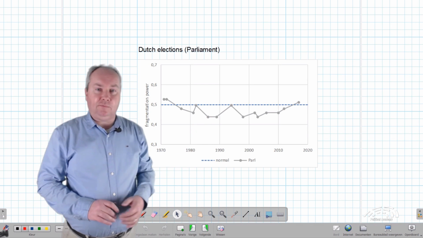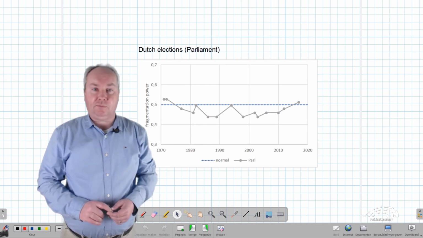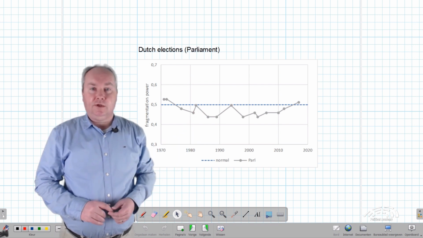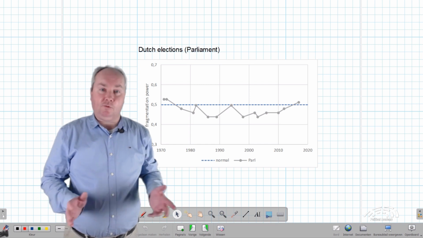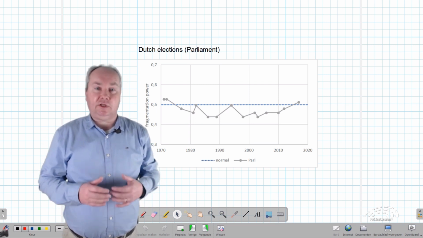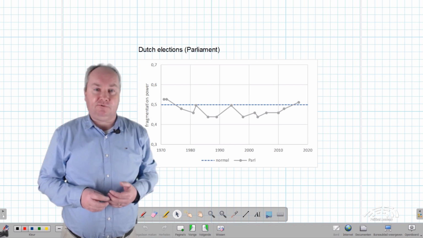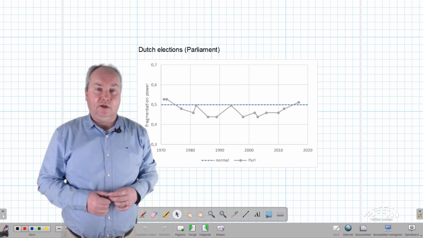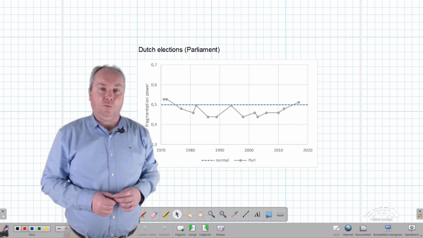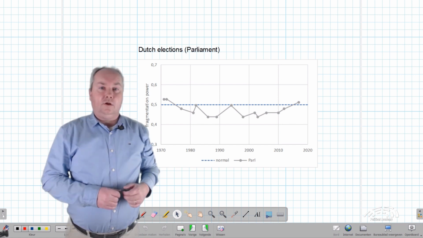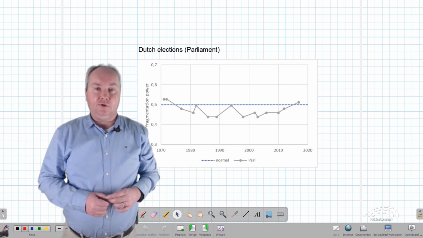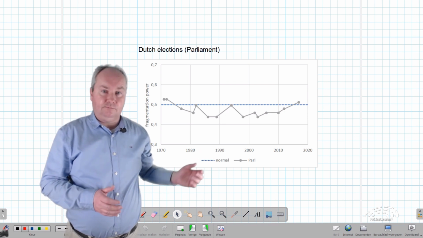Here you see the development of the number of parties in Dutch national parliament since the 70s. The blue line is Taagepera's 0.5 value. You see that Dutch parliament is quite normal, with 13 parties securing at least one seat in March 2017. 3 months before, in December 2016, 81 political parties said they wanted to take part in the March elections. Only 28 passed all formalities to wind up on the ballot. You see the strong influence of the game.